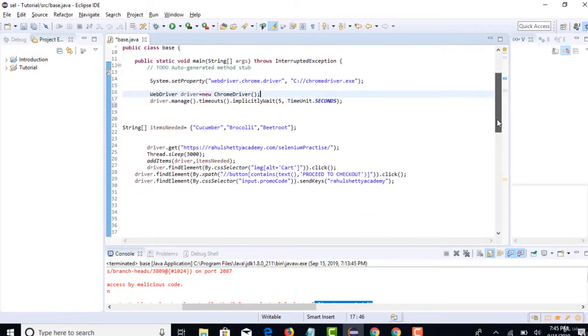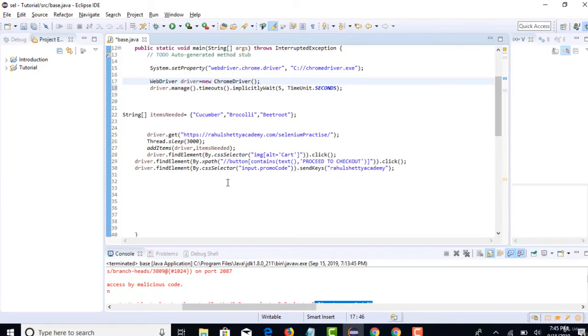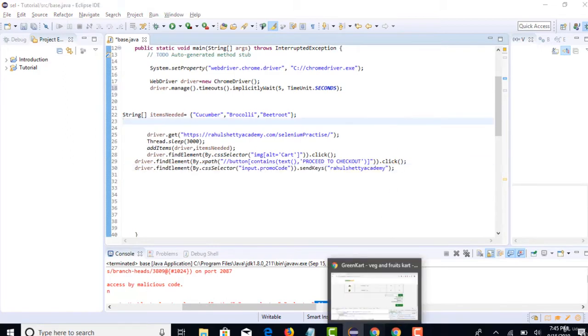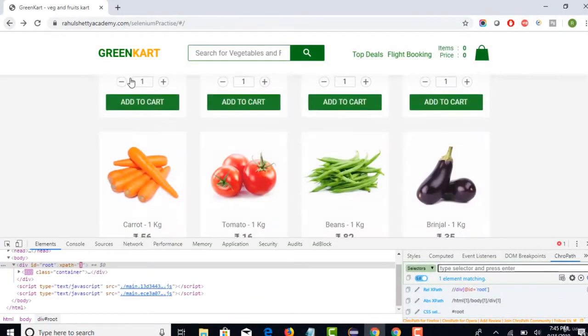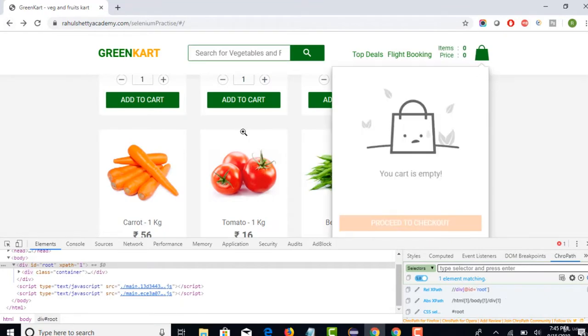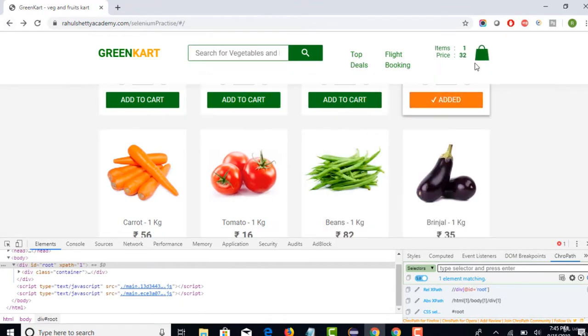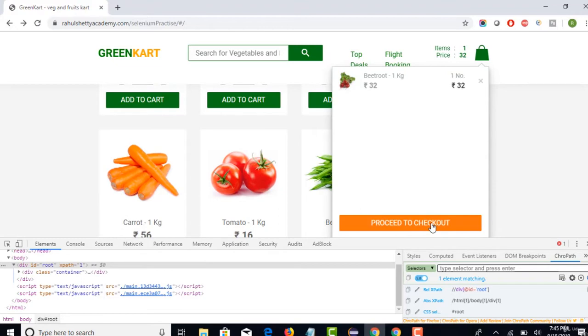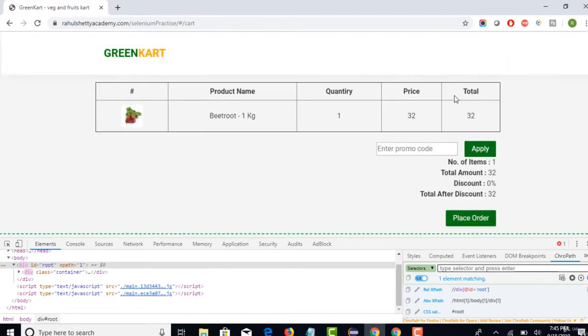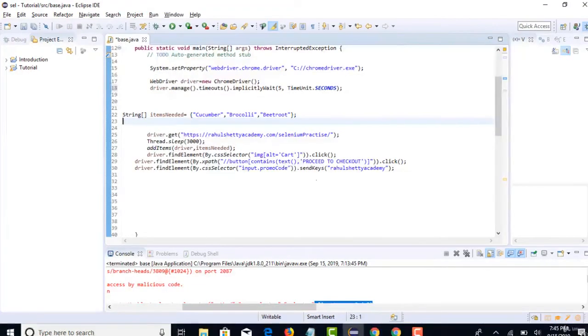Basically, in our earlier lecture, this object was not identified because there is a 1 or 2 second time gap to reach this page, and before we reached this page, Selenium quickly identified this step and reported it as a failure.